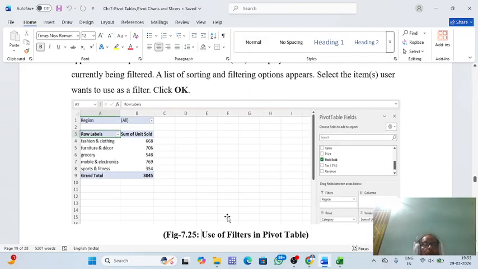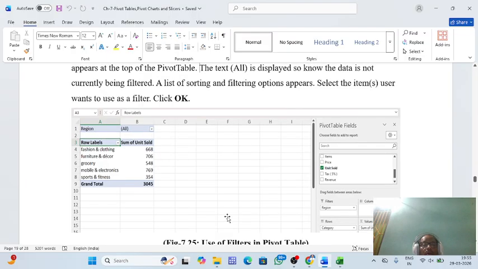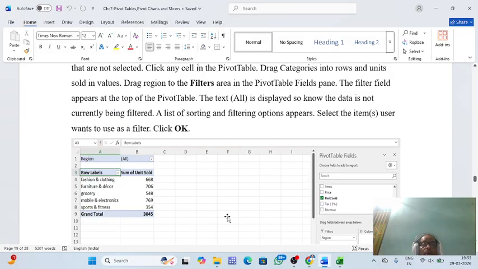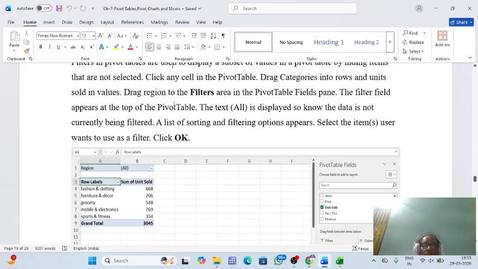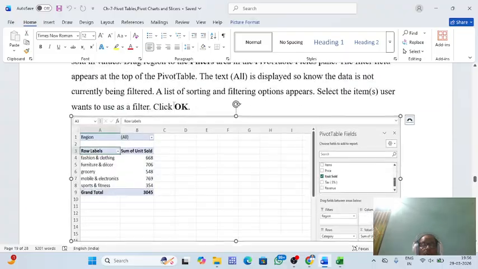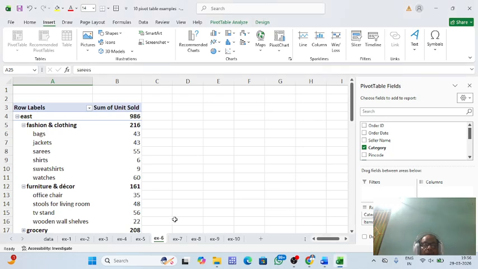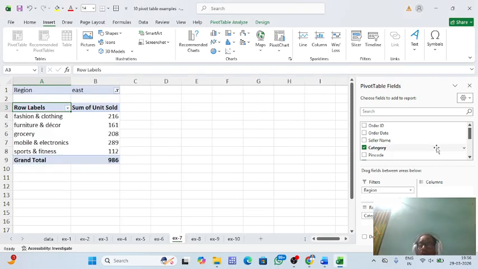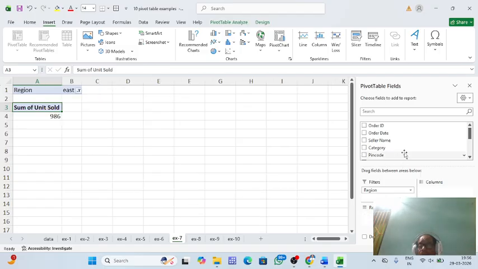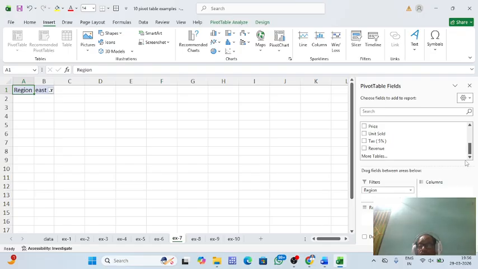Okay. um, okay, so how it will be done? See, for that you have to show you again category, then regions and unit sold. What you are going to do is, mhm,